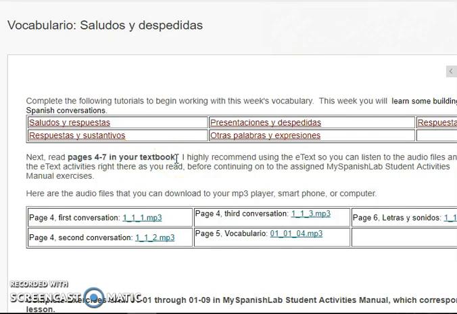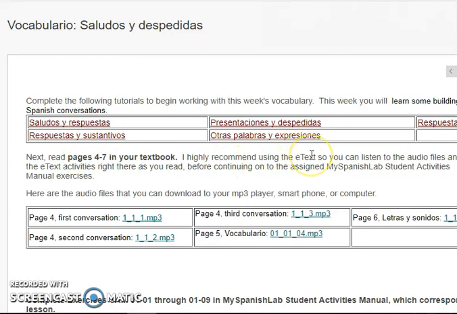Now I know some students prefer to read the whole chapter and then go through and do all of the MySpanishLab assignments, and that's totally acceptable, or not the whole chapter, but the whole part of the chapter that we're covering that week. But other students, especially if you're feeling a little bit overwhelmed by the content of the course, it might help to break it down into more manageable chunks. So I tell you which pages to read. Read those pages, and this is the same whether you have a print version of the textbook or the e-text. The page numbers all align with those two.